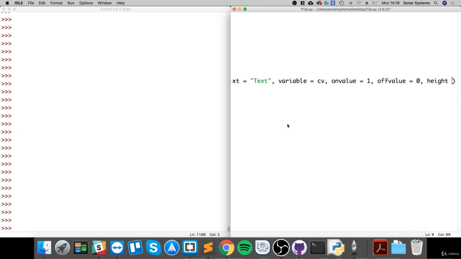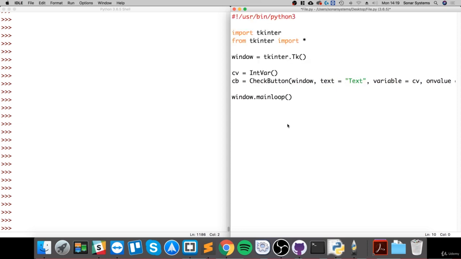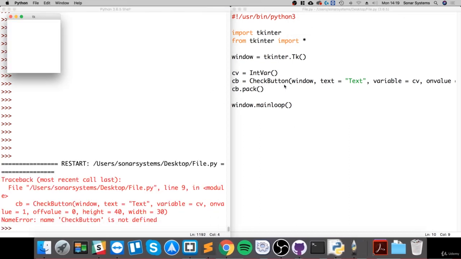Height equals, let's say, 40, and the width equals 10. Let's say 40 as well. So 30, I'll actually put 30. Finally, we just need to do cb.pack, so this actually wraps it up, and if we run it,